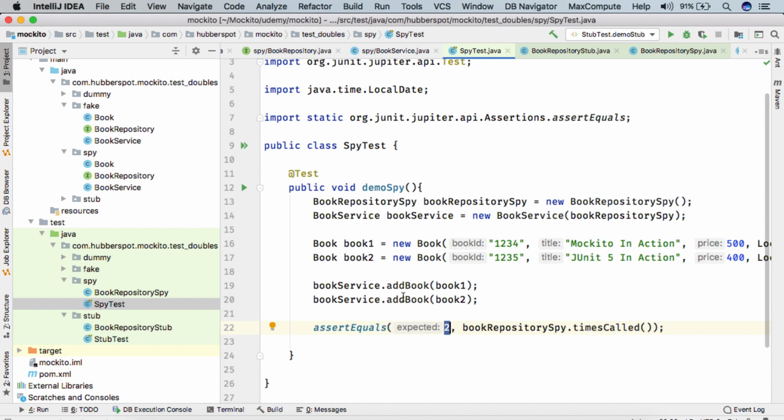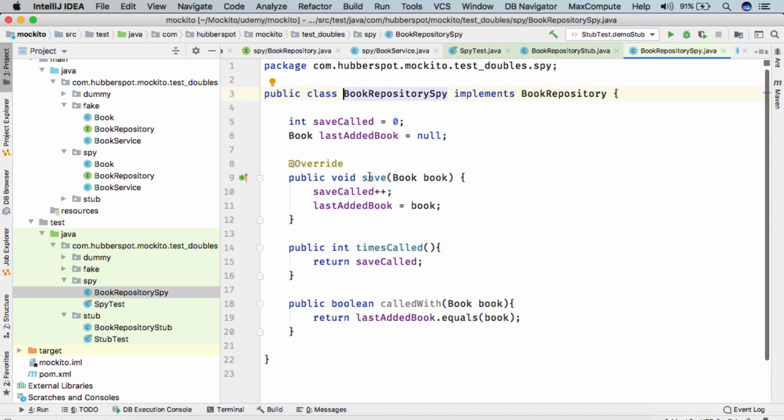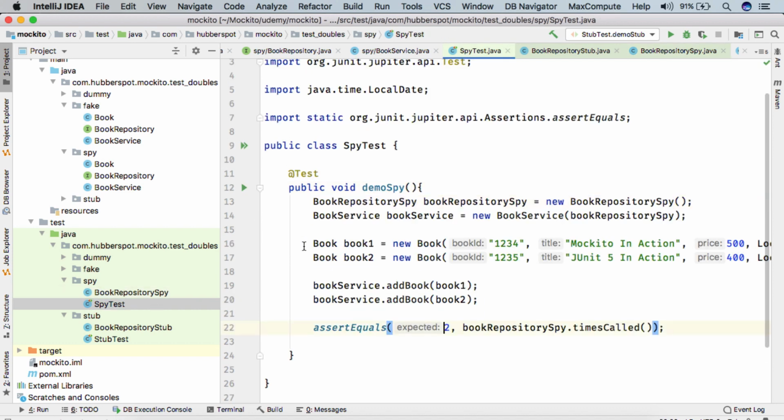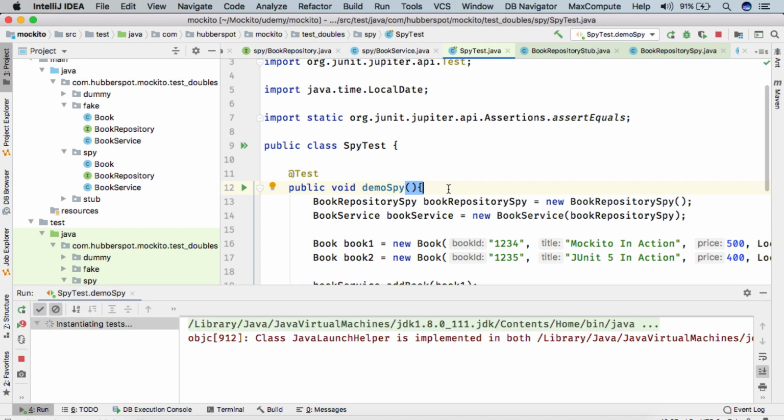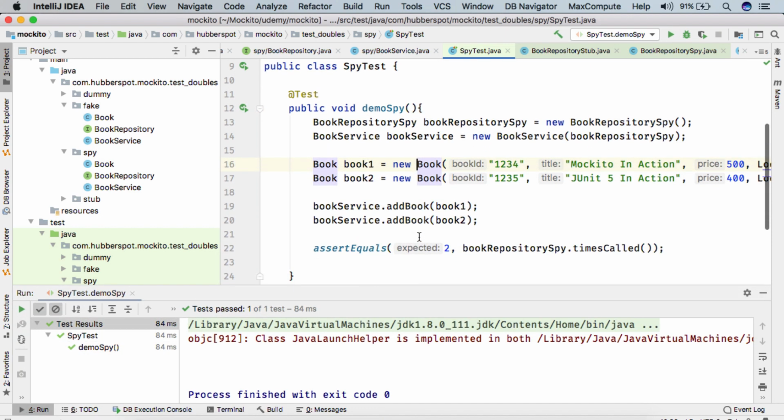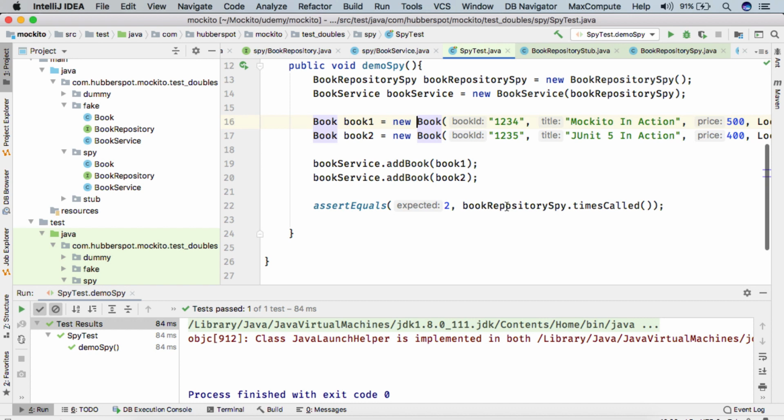So we know that we called add book 2 times, and when the save is called, the count will increment twice, and when we call times called, it will return 2. So basically it verifies that this save was called. If I run the test case,